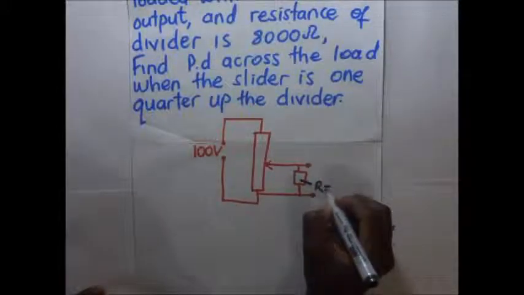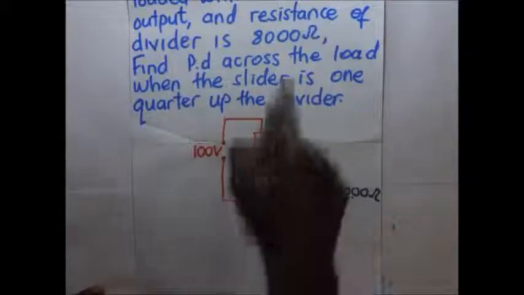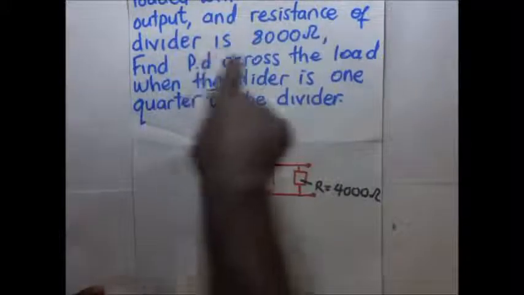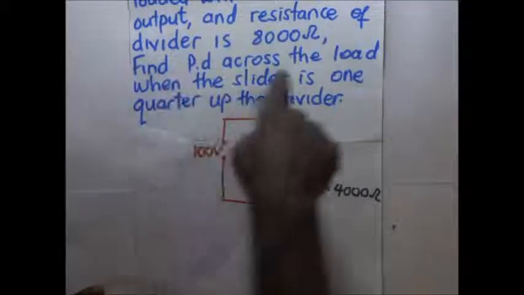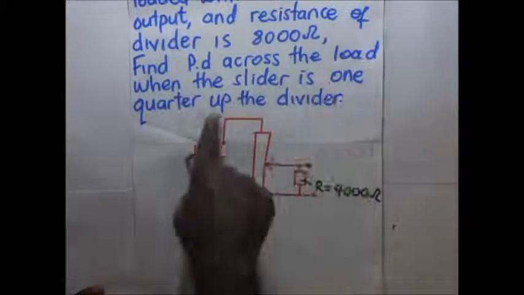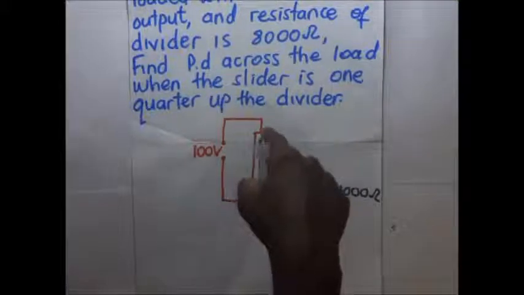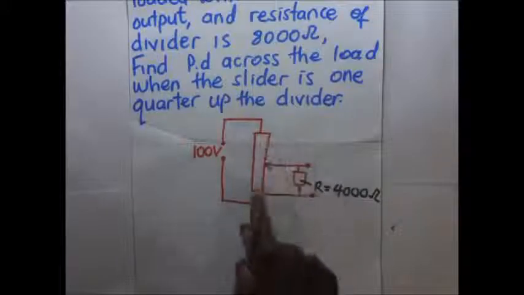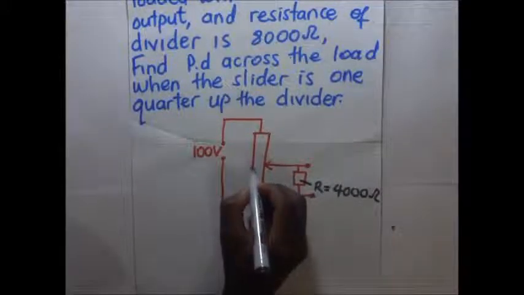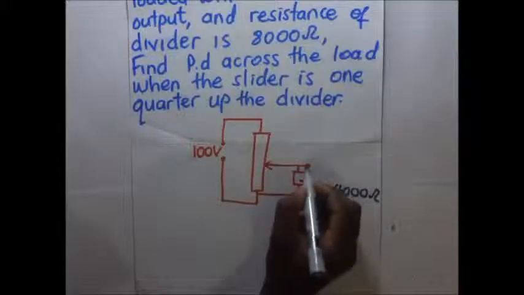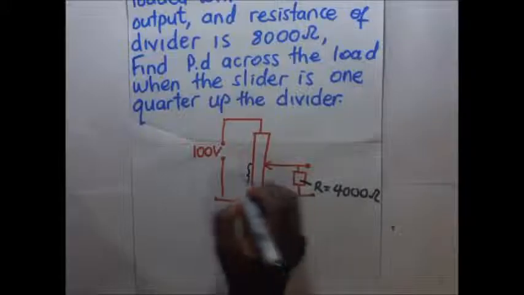This is a resistor with 4,000 ohms at the output, and the resistance of the divider is 8,000, so this whole thing is still 8,000. Find the PD across the load when the slider is 1/4 up the divider. If the slider is a quarter way up the divider, it means that a quarter of 8,000 gives this bottom part between this and the divider. So this bottom part has a resistance of 2,000,